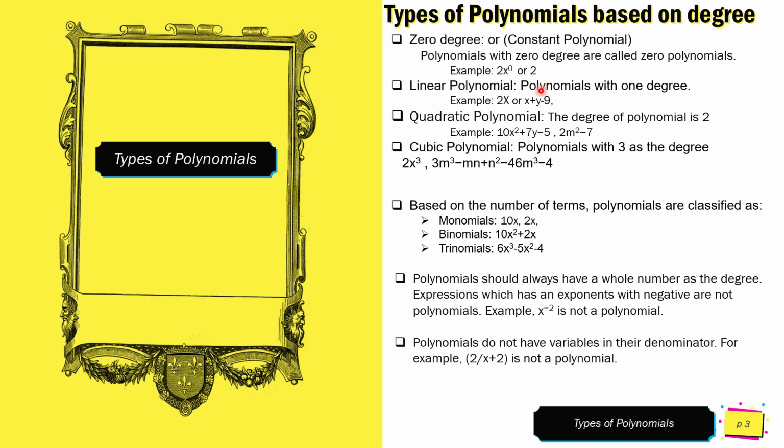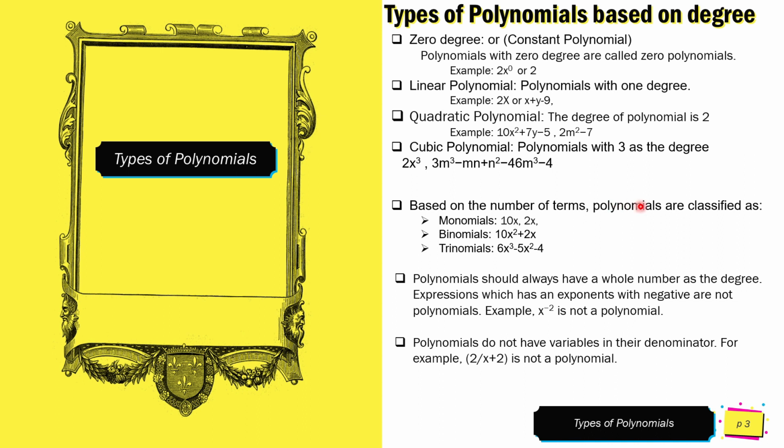Linear polynomial means the degree of the polynomial will be 1. So here if you see 2x, nothing is written, which means x to the power 1. So again it's a linear polynomial, and x plus y minus 9 also has degree 1, so it's a linear polynomial. Quadratic means the polynomial has 2 as its degree. And cubic means 3, the highest degree will be 3. So likewise we can categorize the types of polynomials, and then based on the number of terms,